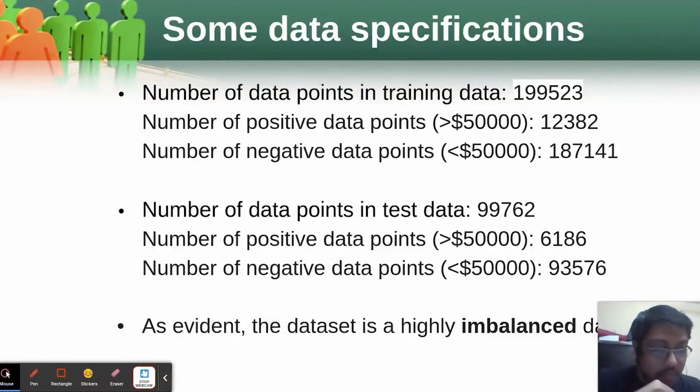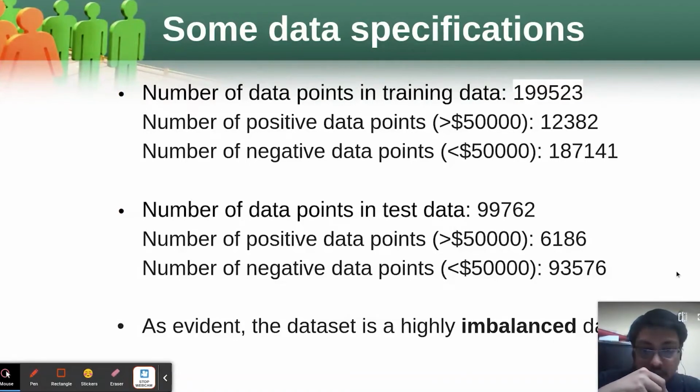Hello everyone, I am Debarsho Sannyasi, a final year undergraduate student in the Department of Computer Science and Engineering at IIT Kanpur. Today, I am going to explain a few details about the data we have, the training data and the test data, the machine learning model which we have used in our project, and some important test results.